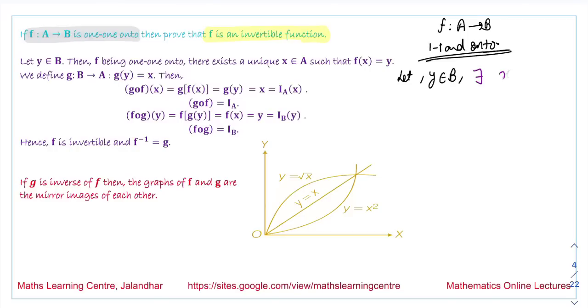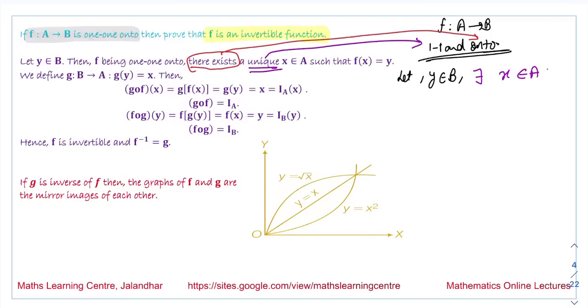a unique element x belongs to A. This term unique comes because it is one-one, and the existence of this element is because it is onto, and it is such that f(x) is equal to y. Now we are defining the function, there exists a function from B to A such that g(y) is